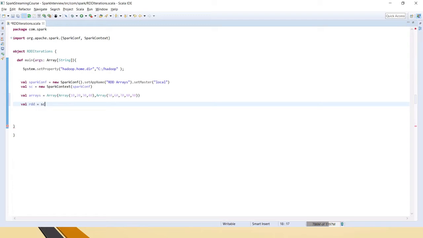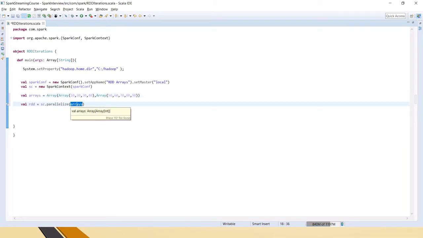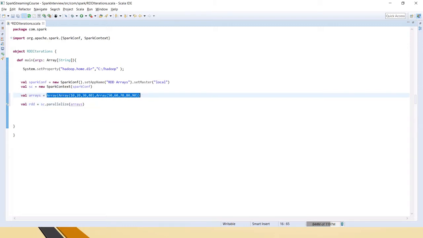We have the Spark context dot parallelize method, and we have to pass this array here. So whatever we have created here, this array variable, I am passing it to the RDD, which means that I am creating an RDD for this data.